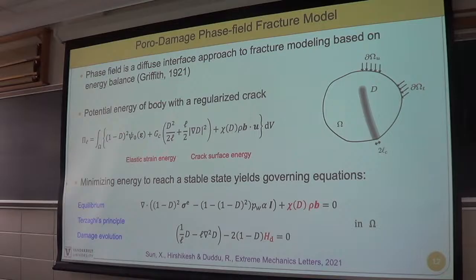And now what that does is it allows us to write the potential energy in the body, where some of the contribution comes from the elastic strain energy, some comes from the energy required to open up cracks, and some comes from the external work done by the body force. Because in all of these problems, in glaciers and earth science, the driving stress is essentially the self-weight of the material. Whereas in, say, composites or some other lab experiments